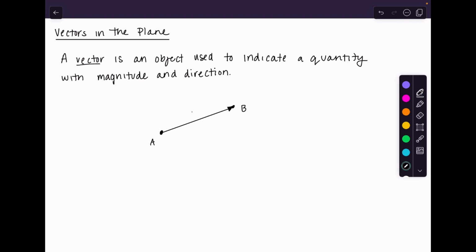So what we typically do is use U and V. One thing I would highly recommend at this point: if you don't put a little foot on your U, definitely get into the habit. Otherwise, you are going to have some serious issues later on in the future. Also, to indicate that this is a vector V, we want to put an arrow over top. You can use a full arrow, but typically what you're going to see is just a half arrow over top of it. So this vector AB